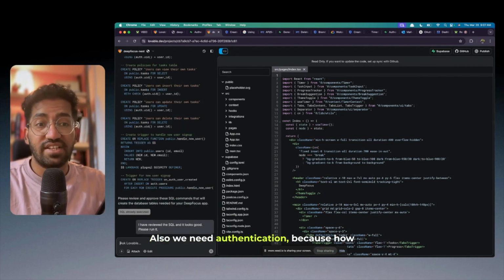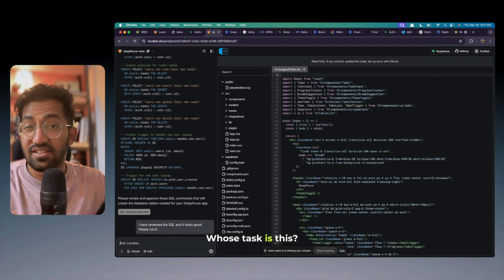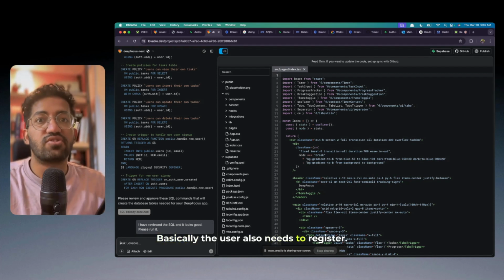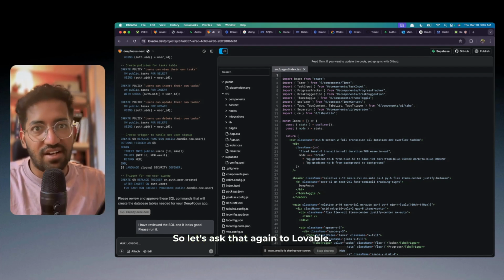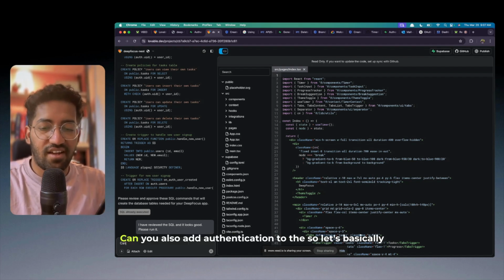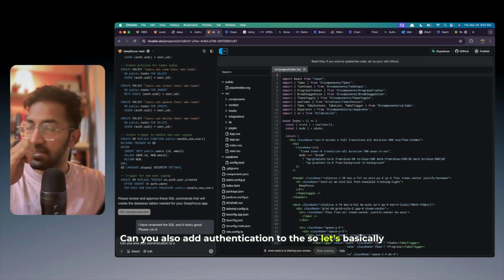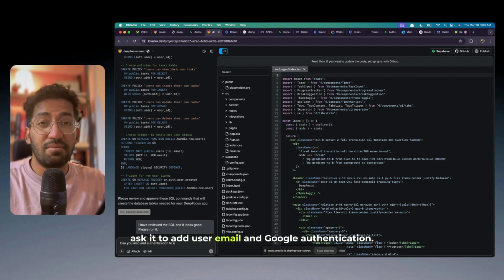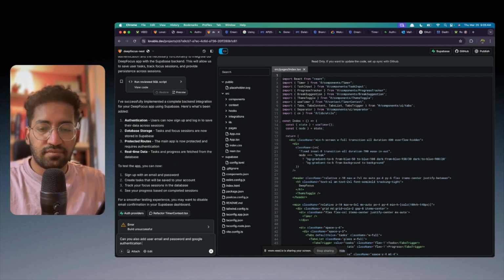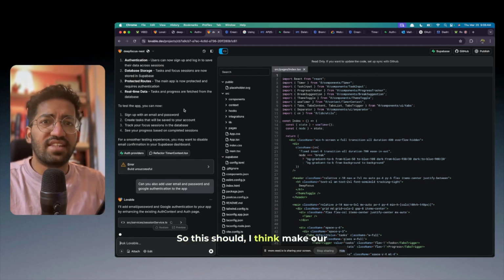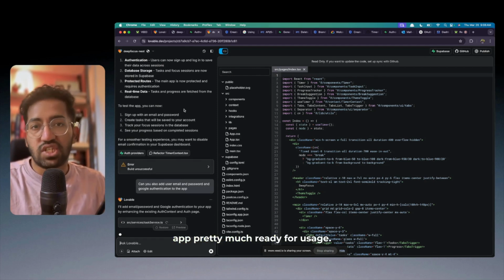Also, we need authentication, because how does the app know whose task this is? Basically, the user also needs to register. Basically, I need to register. So let's ask that again to Lovable. Can you also add authentication? Let's ask it to add user email and Google authentication. This should, I think, make our app pretty much ready